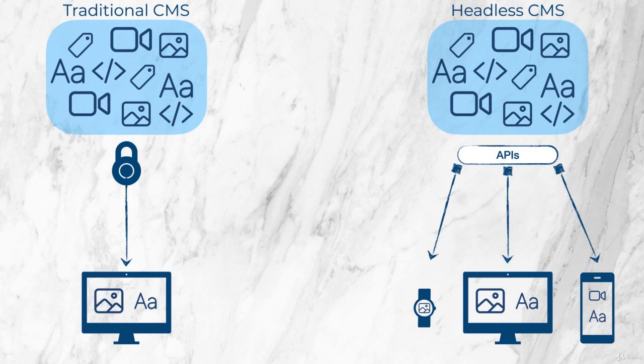In a headless CMS, content is always only exposed through APIs, and those APIs can be accessed by any number of different front ends. In this example, you could see a smart watch or a computer with a web application or a native application, say with React Native, on a mobile phone. All of these front ends could be entirely separate from each other while all pulling their data from the same headless CMS. A headless CMS should be completely unopinionated as to what front end is actually receiving the data,